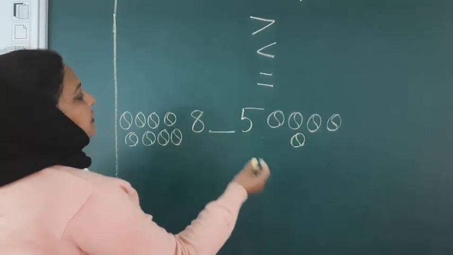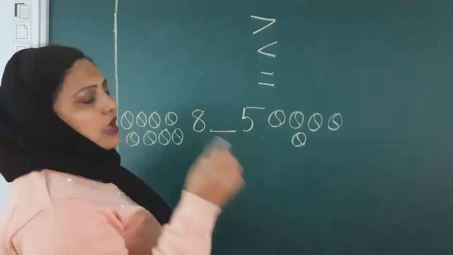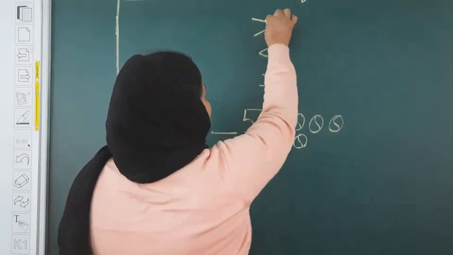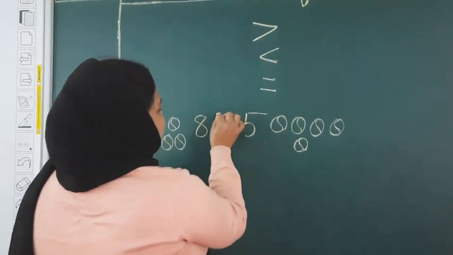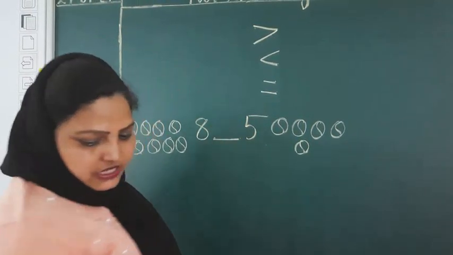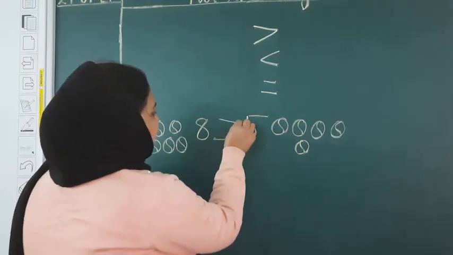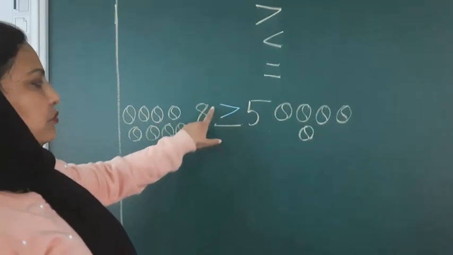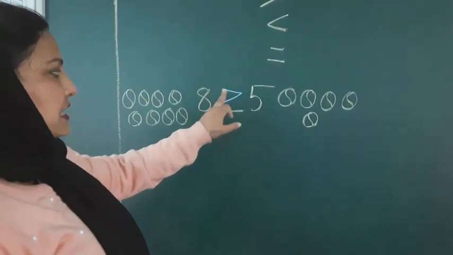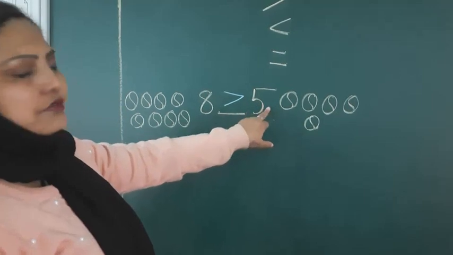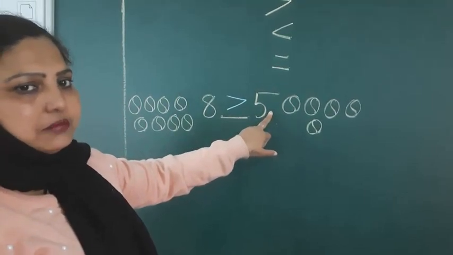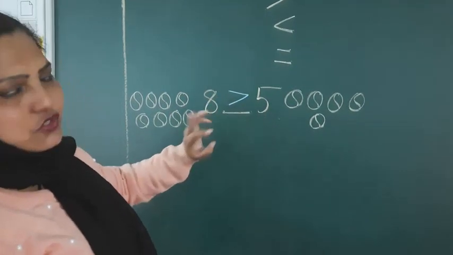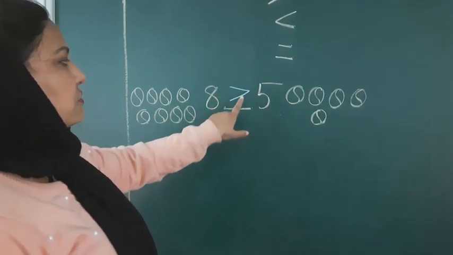So what we'll do for the greater sign, I have told you, you have to open the mouth of the beak. चिड़िया की चोंच को खुला रखना है ऐसे. This sign you will put here like this. I will change the chalk, then only you will come to know. See, like this. So this open side will be in front of 8 and this closed one in front of 5. Automatically it will come. For small, चिड़िया की चोंच बंद है, and for big, चिड़िया की चोंच खुली है. Okay, so this is called greater than.